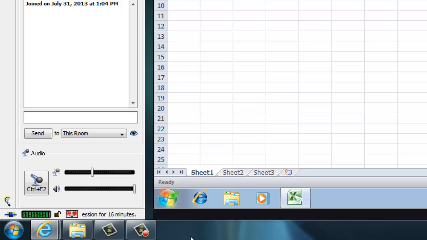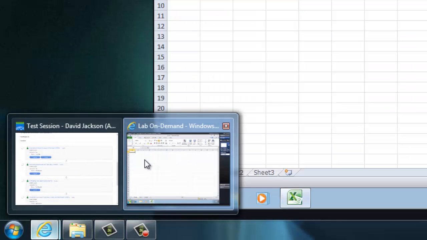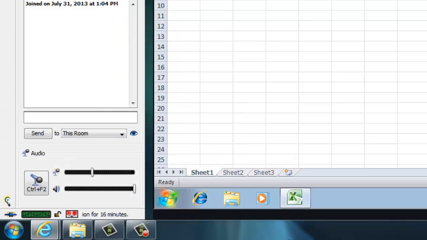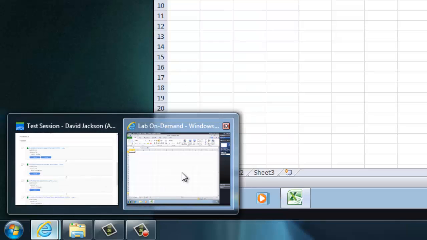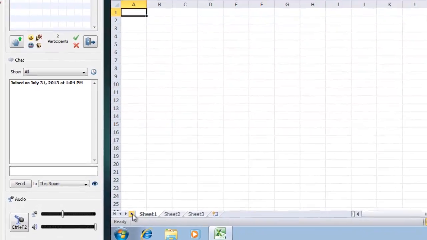Depending on how you have your computer set up, here we have ours grouped together. All the Internet Explorer icons are together. You may have multiple ones across your taskbar, but you can switch back and forth between the screens by going down to your taskbar. In some classes, your instructor may actually send you an example file, and let me show